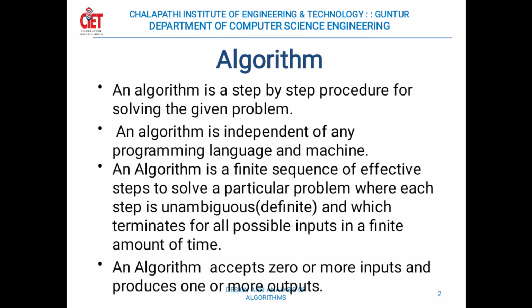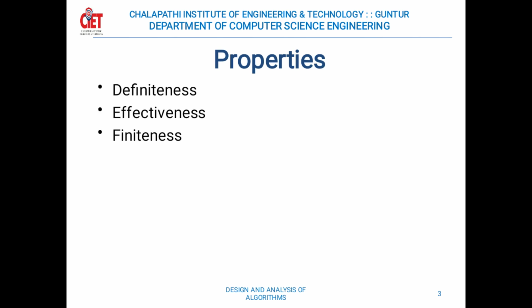Next, coming to the properties of an algorithm. There are three properties an algorithm needs to fulfill. First one is definiteness, second one is effectiveness, and third one is finiteness. So, coming to the definiteness,